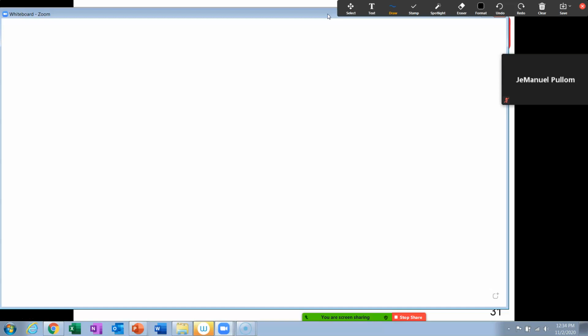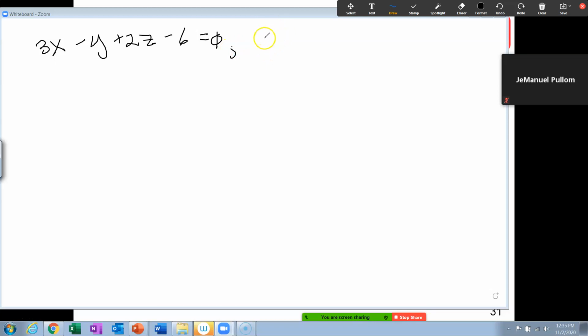Okay, here's example 6. I'm going to have to get my book in my lap in order to read it well. Okay, finding the distance between two parallel planes. Here are two parallel planes. The first of these is 3x minus y plus 2z minus 6 is equal to 0. The second of these is 6x